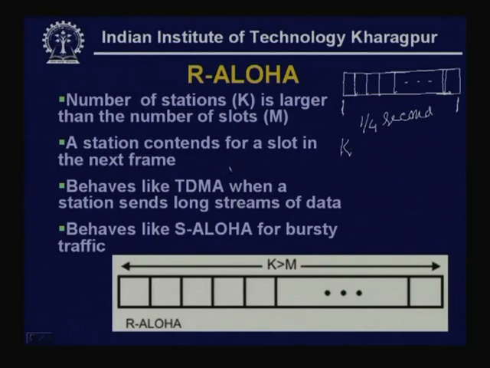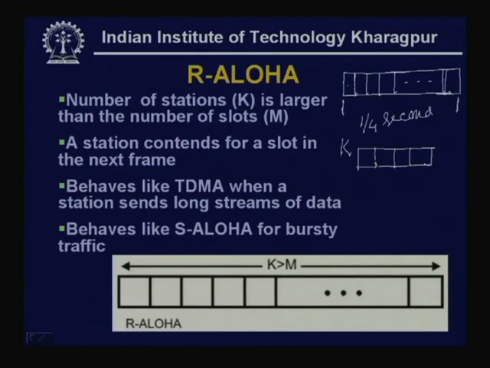this manner. Whenever a particular frame is transmitted, each station receives whether a particular slot is empty or free. So, whenever a slot is found to be empty, a station transmits in that particular slot to book it. However, it may suffer collision or it may not suffer collision. Let us assume that there are 8 stations and 4 slots for simplicity,